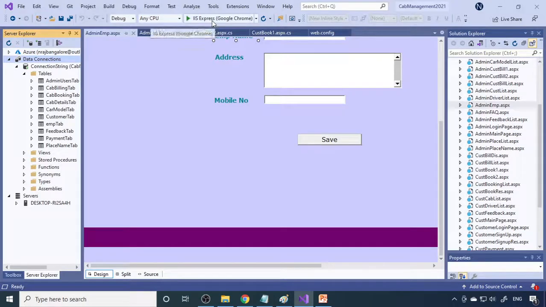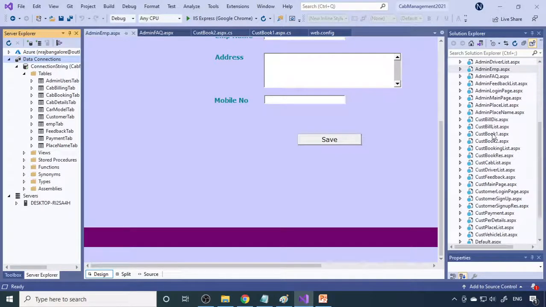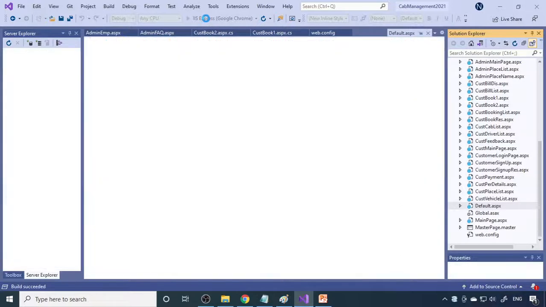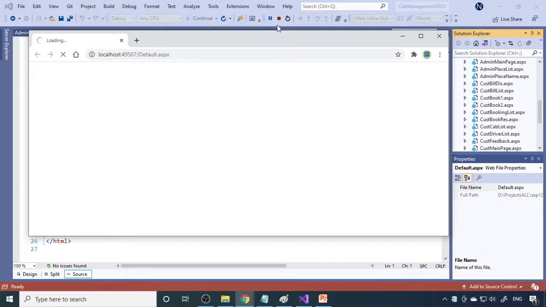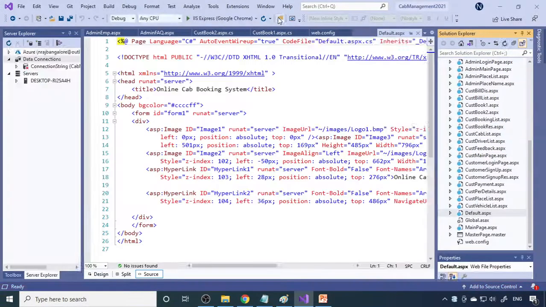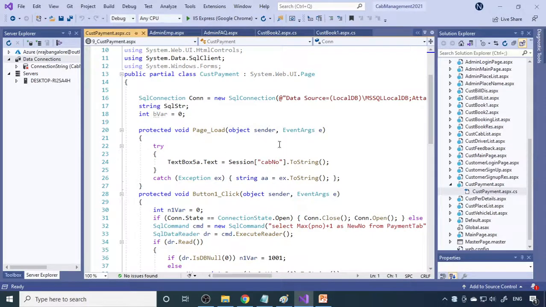First I'll run and show you how the whole project works. I go to default and run from this. Okay, our project has started and is displaying. Now I'll stop this project, because if I want to make some changes, I would need to stop again, the browser will close, I make the changes, and then run again. Instead, once you run the project, it is still running.